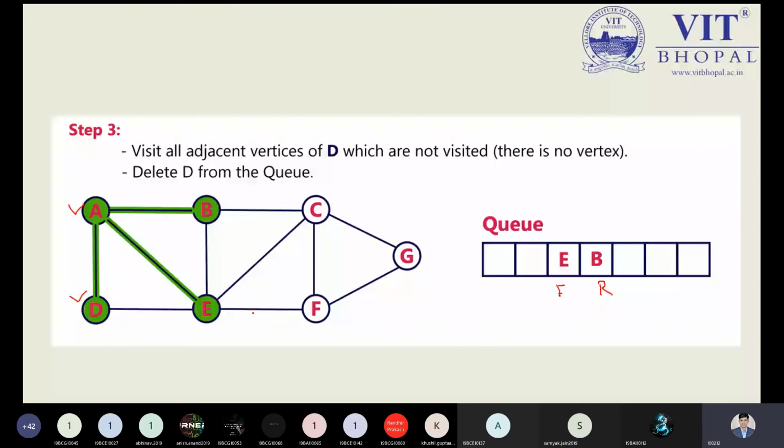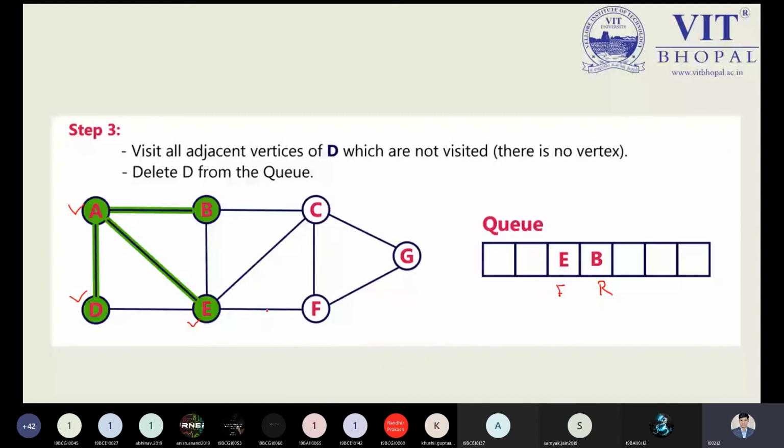So you can remove D because D is connected to A and E. A is already visited and E is already in our queue. So definitely we will choose D for the removing purpose. Next we have C, and B is connected to C and A, so we are not picking B right now. E is connected to C, F, and A, so we are not picking E. The order could be anything, but while solving this question, make sure the order is proper while performing the queue data structure.